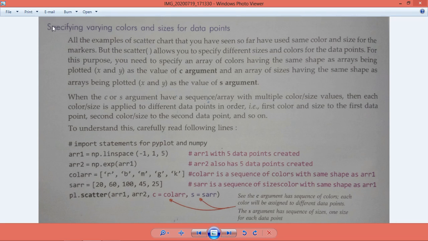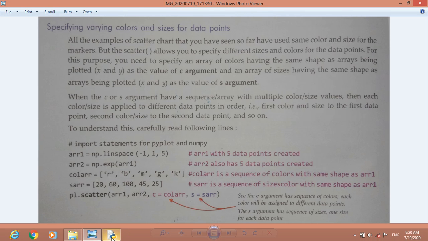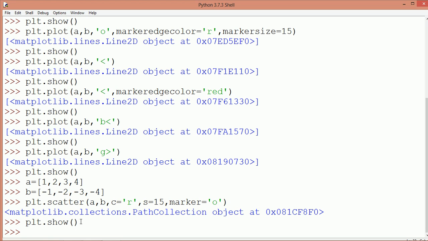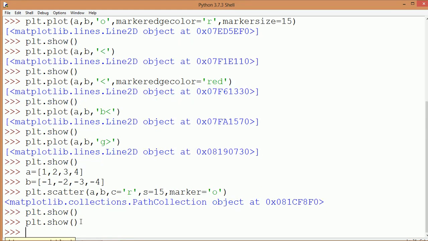Now here it is given that specifying varying colors and sizes for data points means we can use different scatters, as here you can see. If I show it again, sorry, first we have to plot the value.